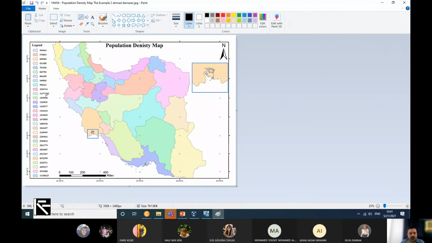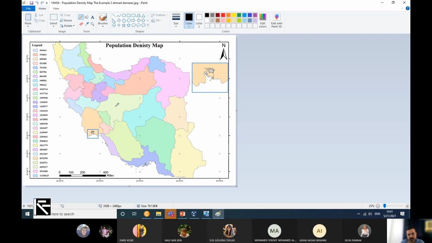From 1 million, let's say, to 5 million is another class, and then accordingly up to 11 million, which is this one. So you need to put the classes accordingly. So this is absolutely wrong, and if you want to go this way, don't use a legend,